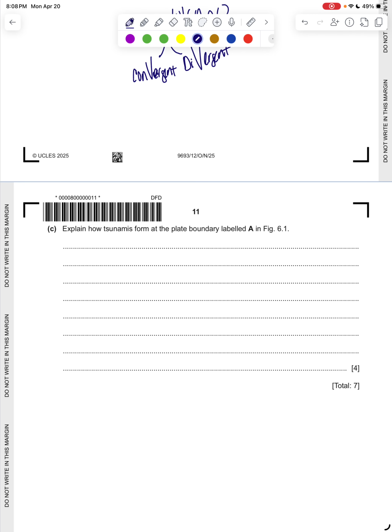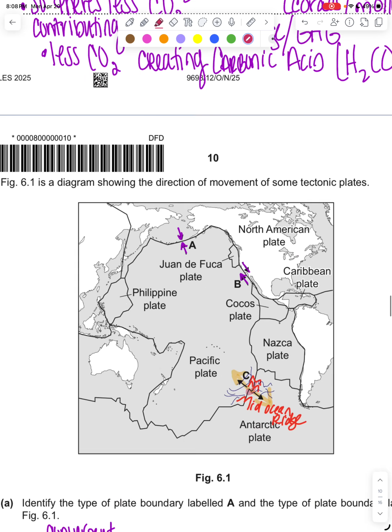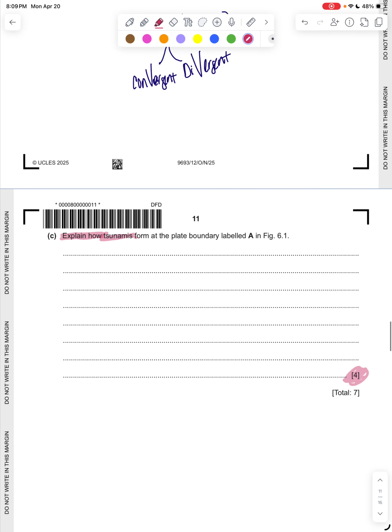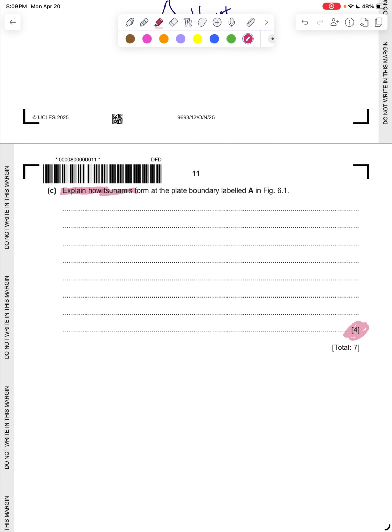All right, we're going to want to talk about the boundary. It is explained, so we're going to give reasons. It already says how, but why. Give reasons for this. A tsunami at the plate labeled A. And A is a convergent boundary, so this is not a transform boundary. We want to say things like,